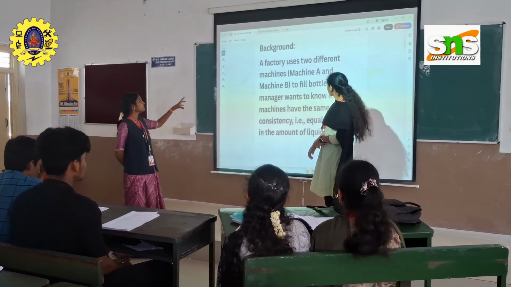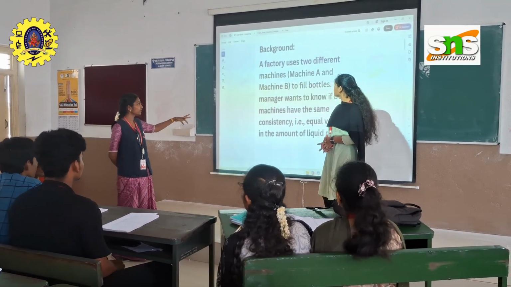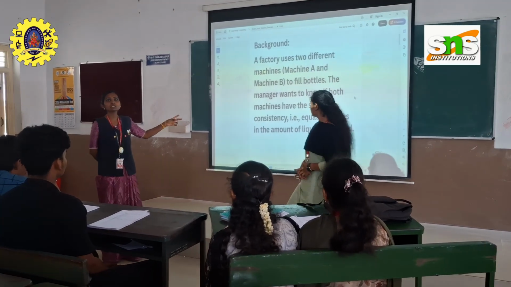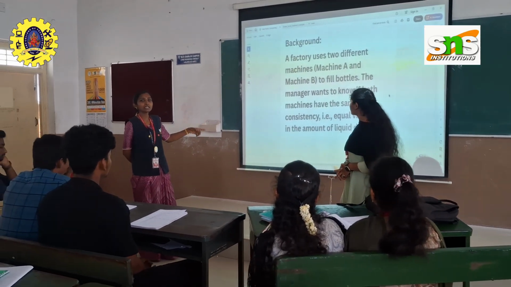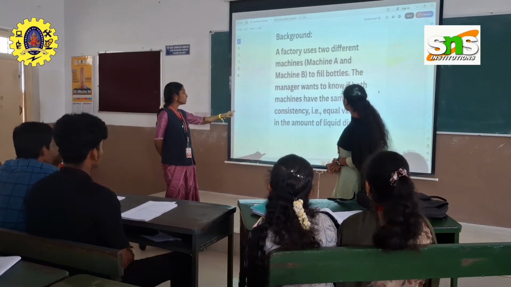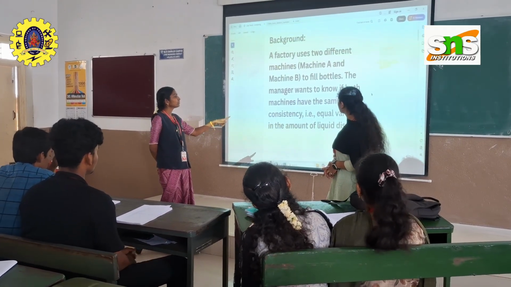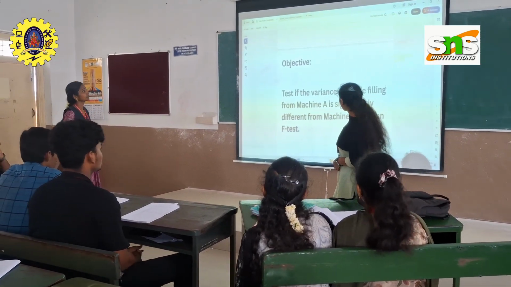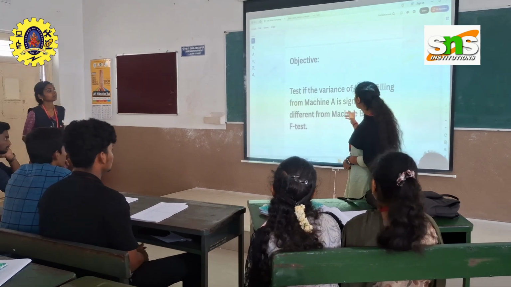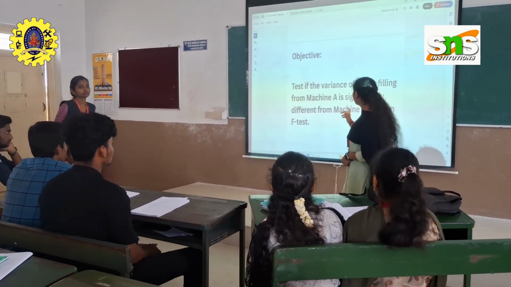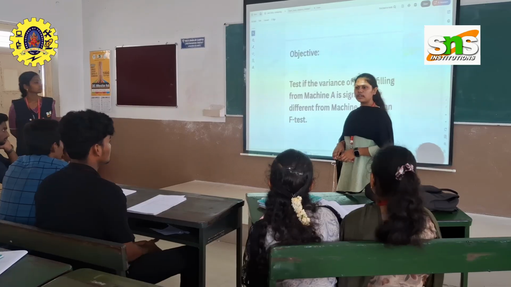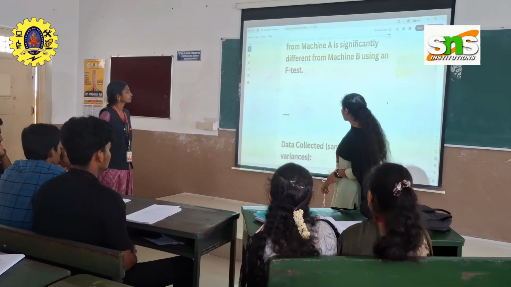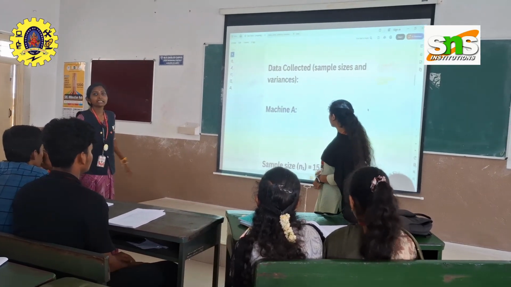This is the case study approach for the two different machines given. The manager of this machine manufacturing company wants to know the consistency of the two machines. Consistency can be analyzed with the help of variances. Equal variances in the amount of liquid dispensed can be found using this F test. Now the objective is to find whether the variance of water filling from machine A is significantly different from machine B using the F test. These are the data collected for the